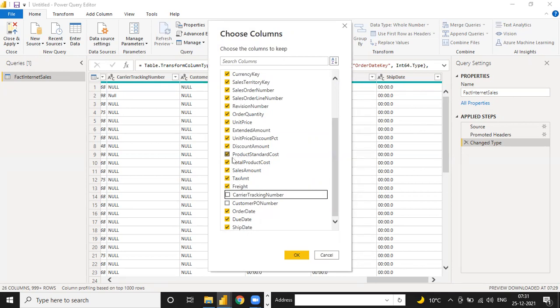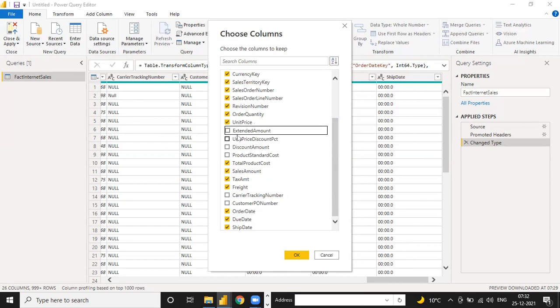So product or standard, you need to check any one. Suppose I remove this one. Discount, okay. Unit price discount, nothing, because the discount value is 0 in our data. Unit price or extended price, both values are the same in our data. So I am going to select only one, and see why I'm going to select only one.